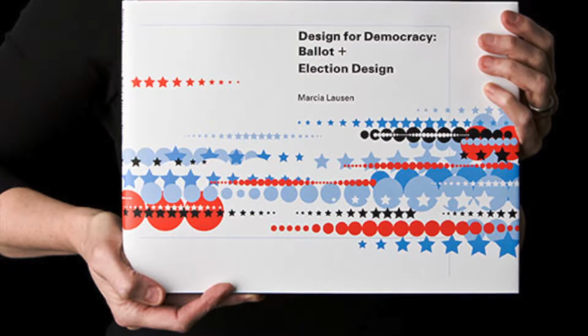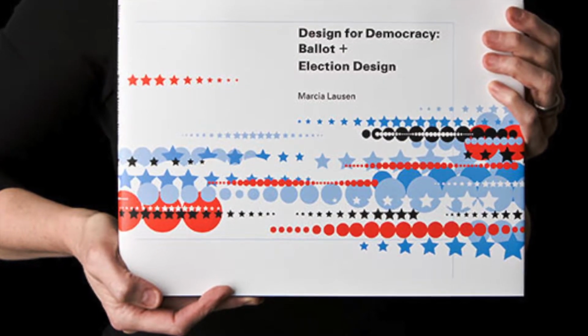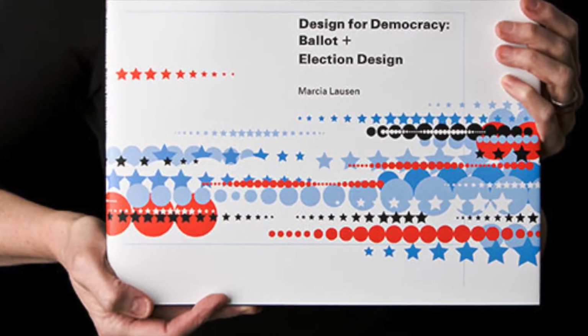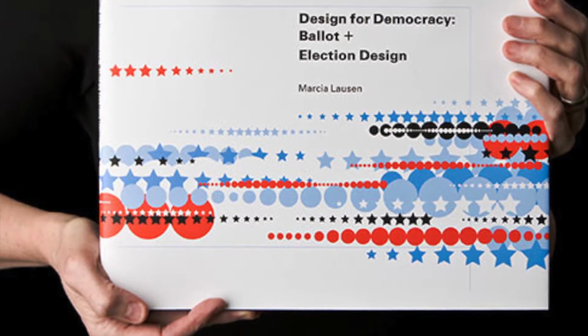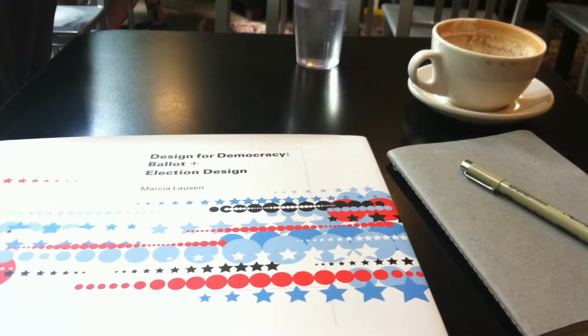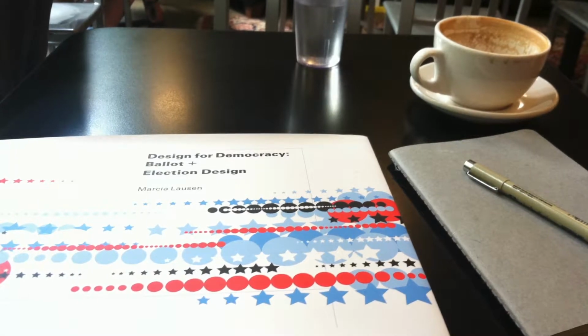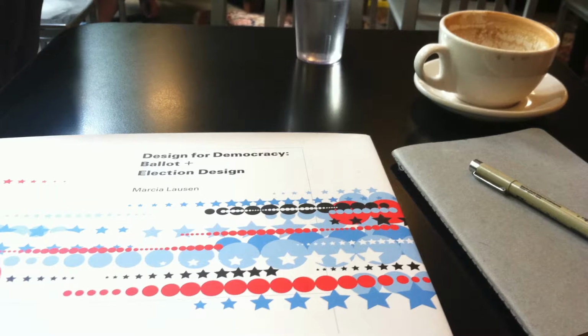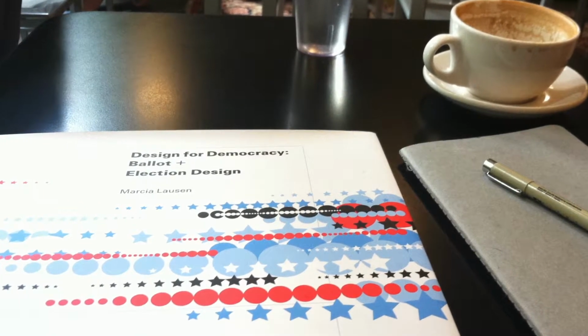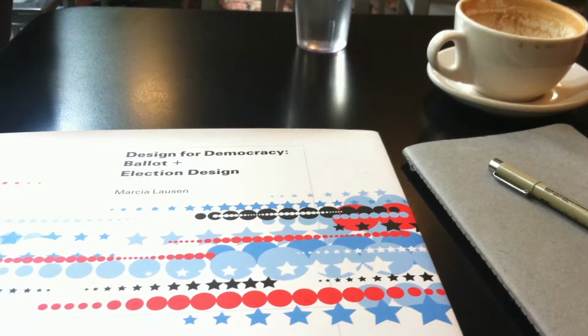Following the Palm Beach County incident, Marcia Lausen from AIGA wrote in her book Design for Democracy, Ballot and Election Design, stated that the election officials need ballots that can provide clear information to avoid misunderstandings on the part of their constituency. She created design systems and principles as a solution to government communication. Lausen's idea was to use lowercase letters for greater legibility, understanding the hierarchy, and color use.